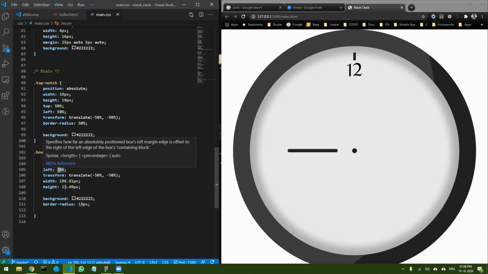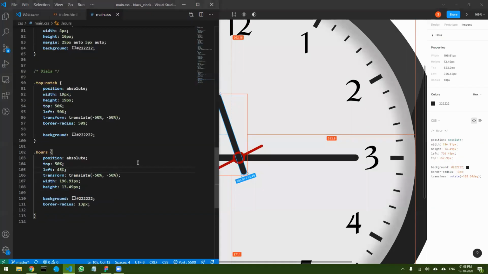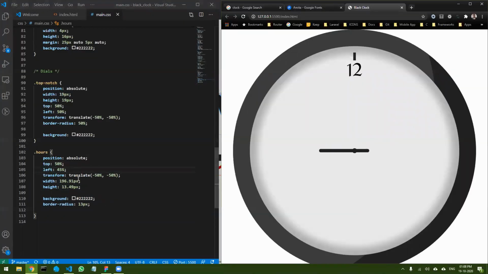Sorry, let's do 40%. I think 45 is okay. So 44 is good enough. So this is going to be my hours